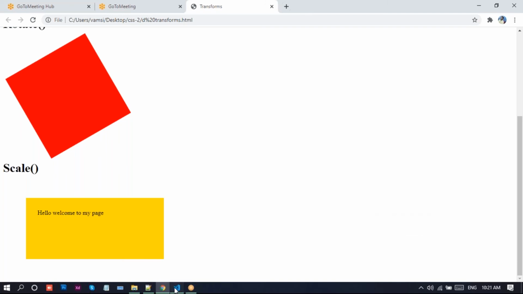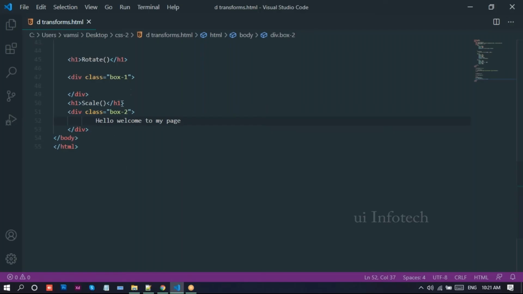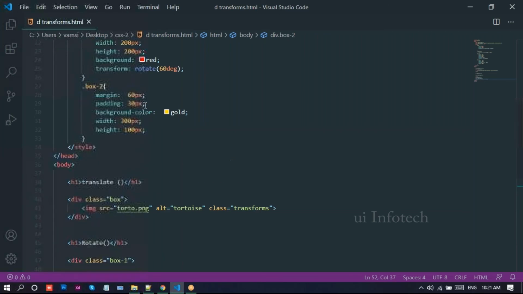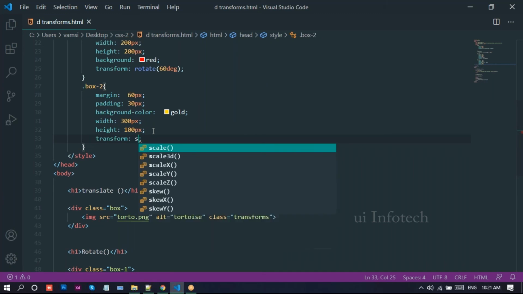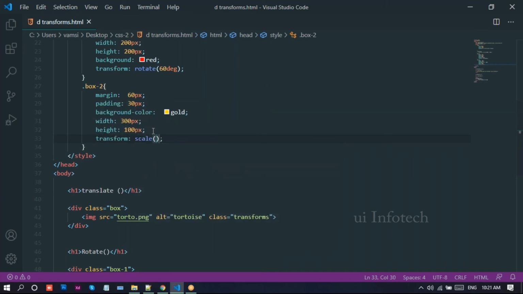See here, I'll take the scale function. We can write transform scale, scale 1.5, comma 1.4. Scale is a function which will increase or decrease the size of an element.